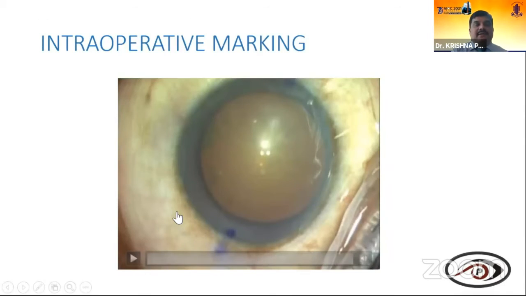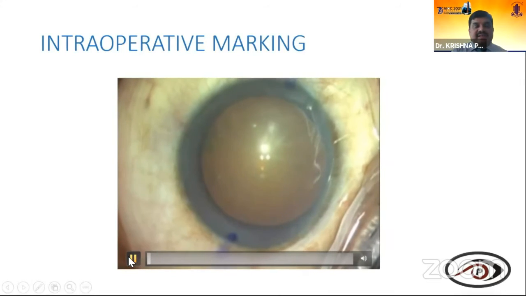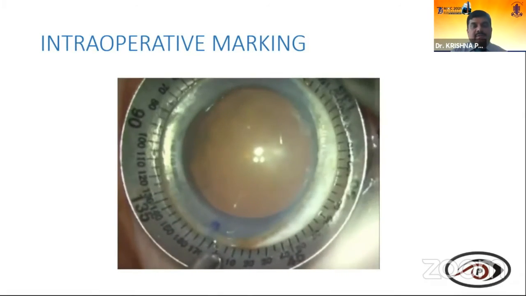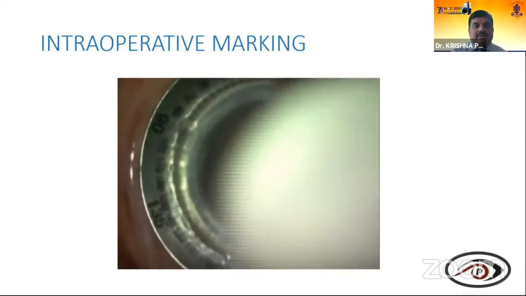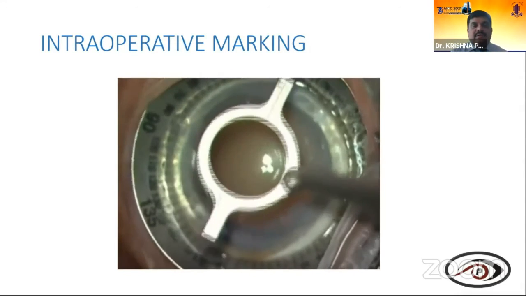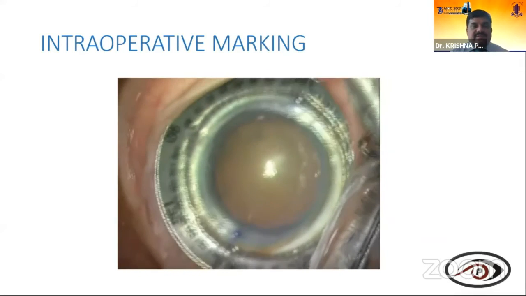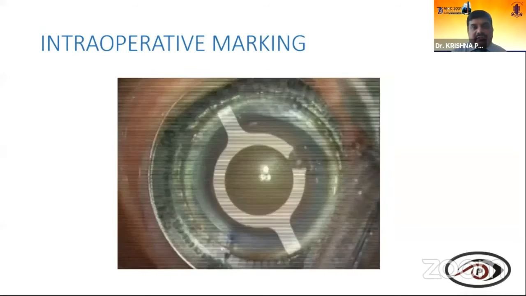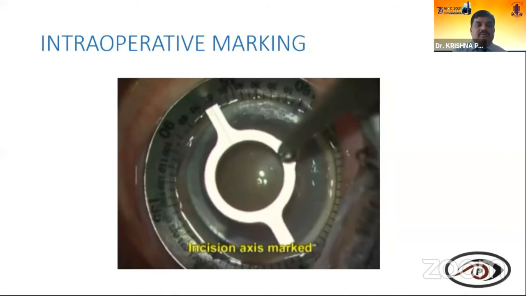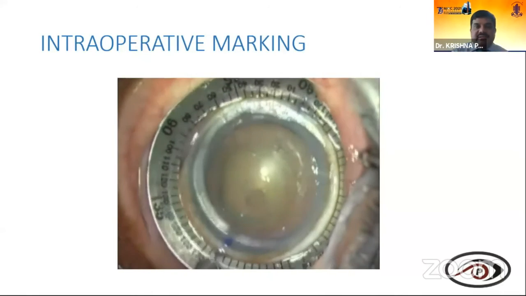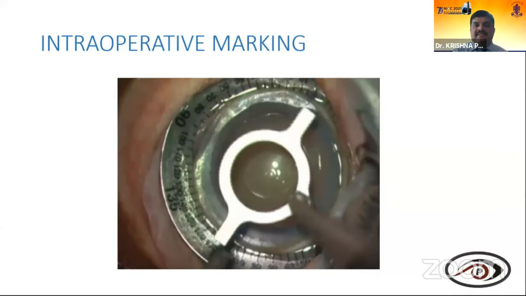So intraoperative marking, I think first marking, as I already told, can be done either in the patient without a slit lamp also. But I always do it in front of the slit lamp. Make sure once you know the axis, then you take the patient inside the OT. I do it before putting the incision where I have to put the lens. I mark that first, then I go ahead with the surgery. This is how you mark. IOL axis has to be marked.